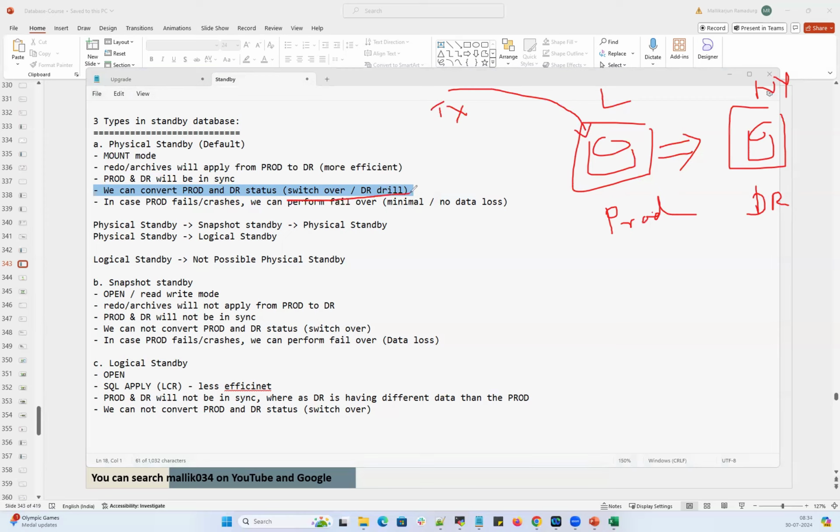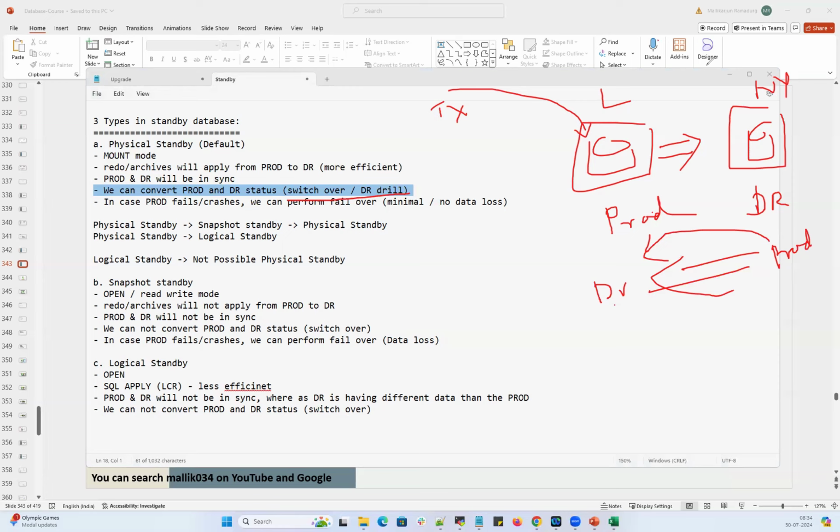In this switchover or DR drill, once in a year, they will make a role change. They will make the database in the New York data center the prod, and then they will make the prod database a DR database. The log shipping will happen in the reverse direction